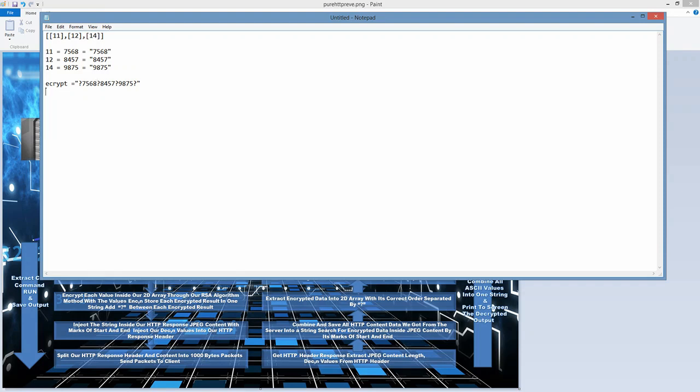So first we will have in our JPEG content a reliable extra string. So we will have something like almost 1000 bytes of reliable string. Let's say, I don't know, let's say we have a reliable extra string with 1000 bytes. Then after these 1000 bytes, we are going to